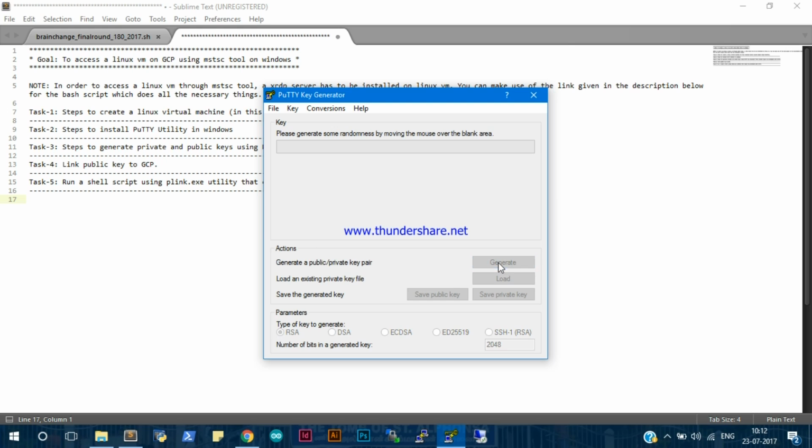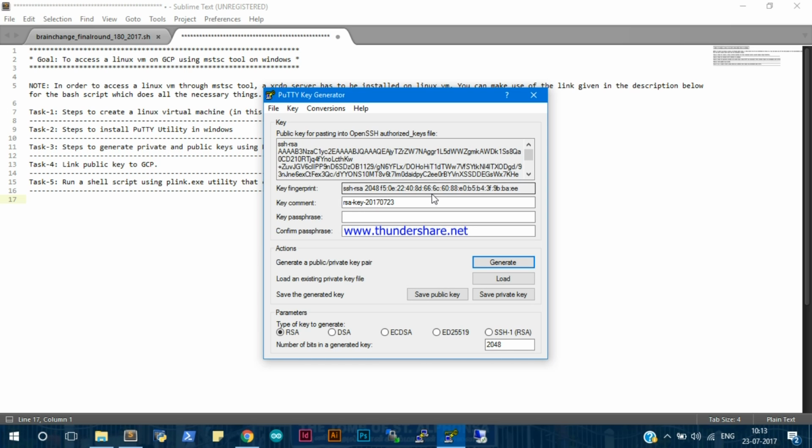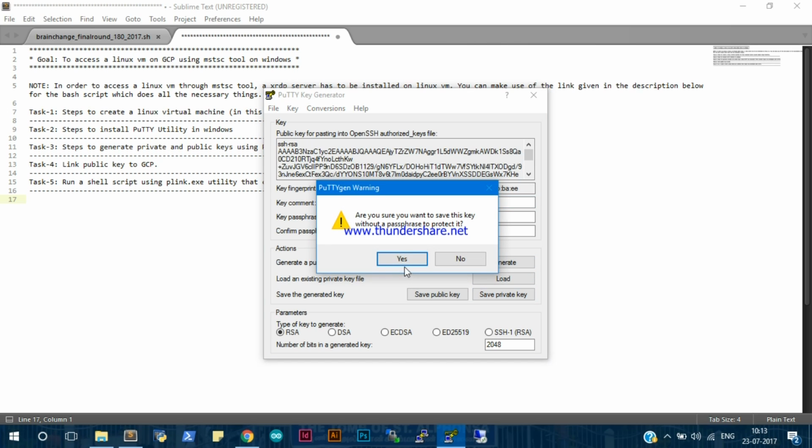First of all, click on the generate button and move your mouse over this rectangular region so that randomness can be created. Unless you move it, it won't proceed further. You can see it has been paused right now. When you move the mouse, it would resume from the point it paused. So it started. Key comment: you can give anything as your key comment here. Click on the save private key button